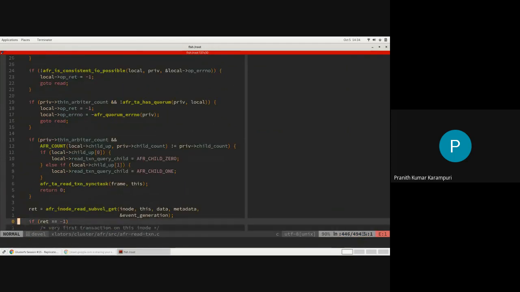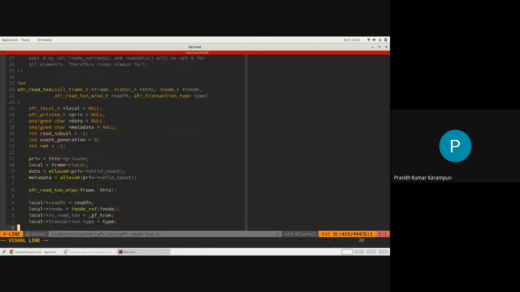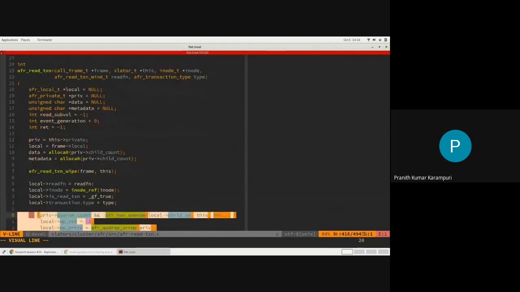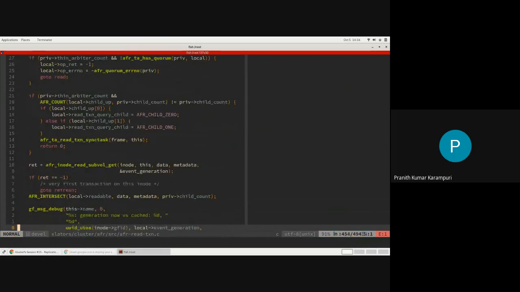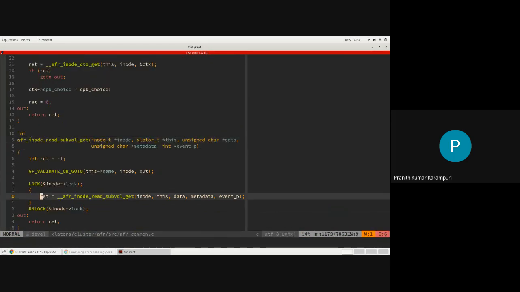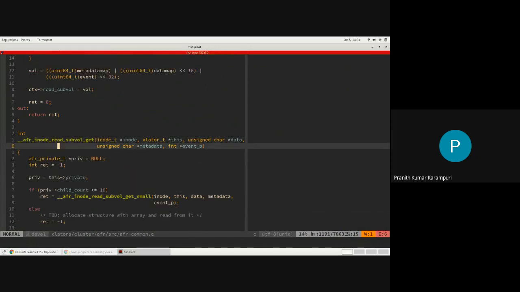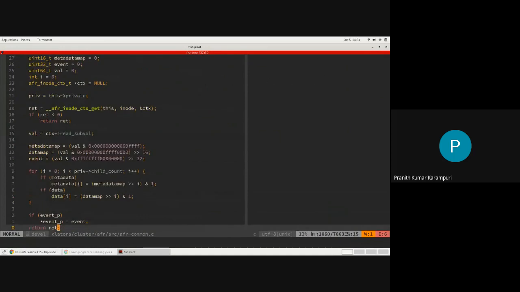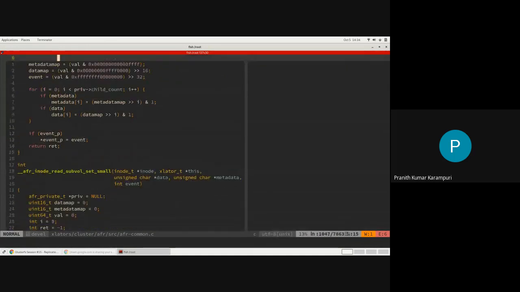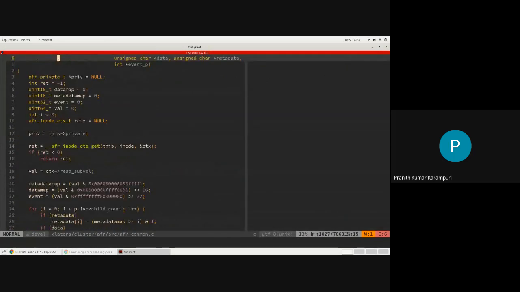All of these, from here till here, are validations. Once the validations are fine, you need to find out which subvolume you will choose to do the operation. This is where the load balancing part comes in, which we will cover a bit later.